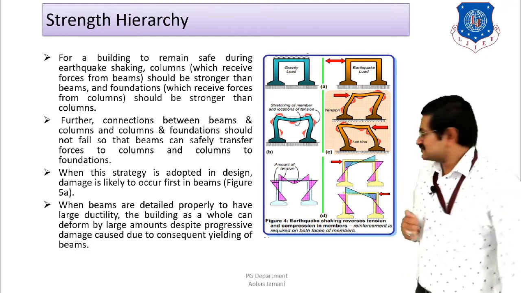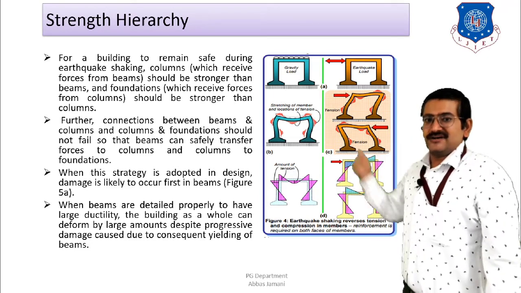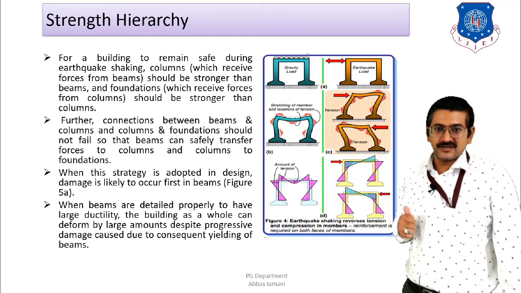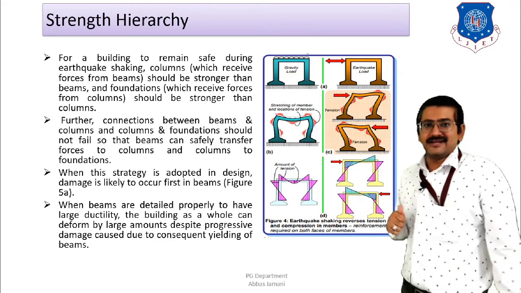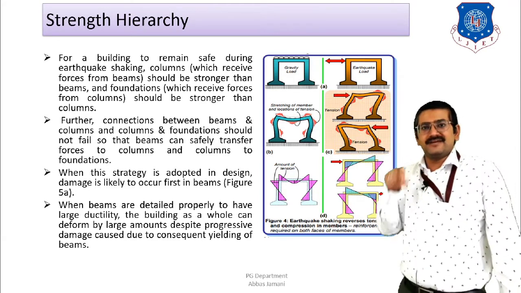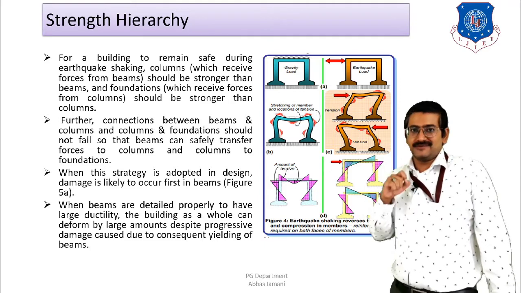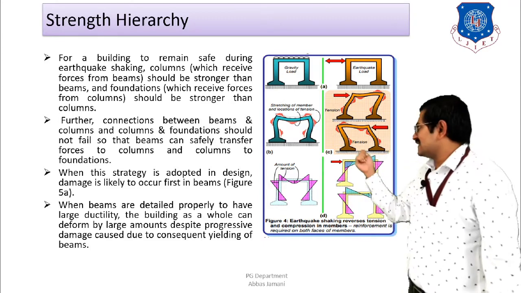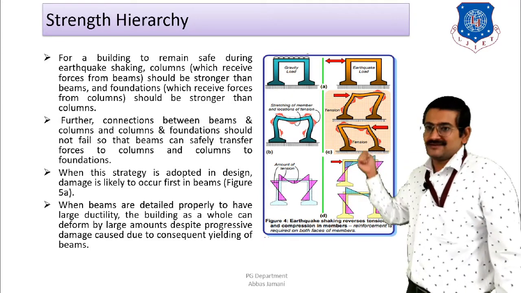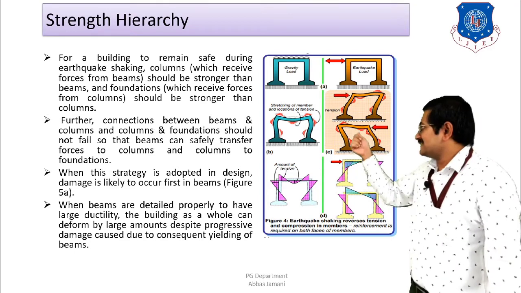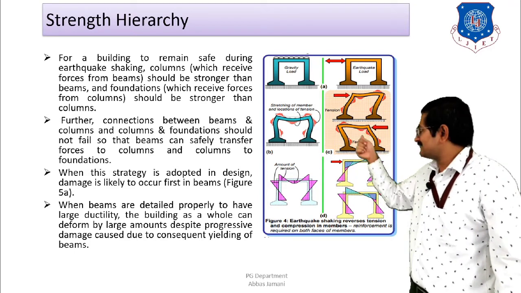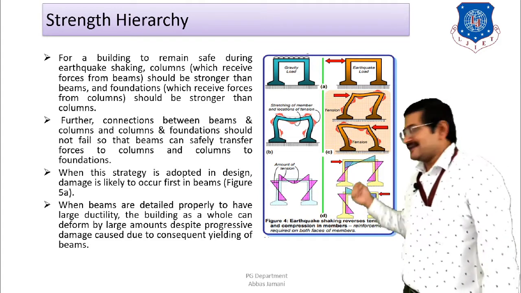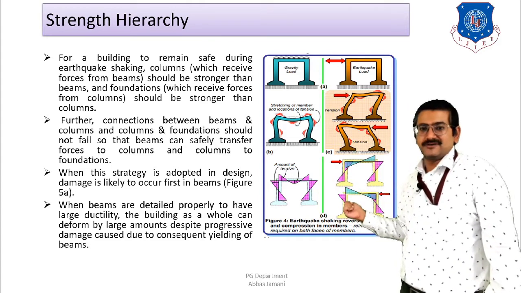As you can see in this figure, the first figure indicates that the load is applied only in the vertical direction, that is the gravity direction. A portal frame is shown, and on top of the portal frame a UDL is applied. When the UDL is applied, the beam will undergo deflection. As a result, moment will develop at the beam column junction, and from that junction the moment will be transferred to the bottom section, and then to the soil below.